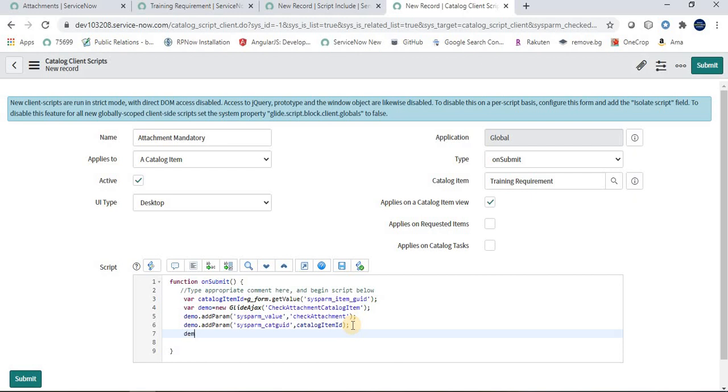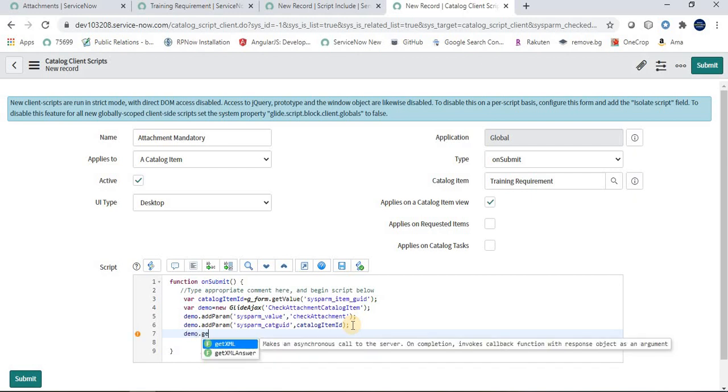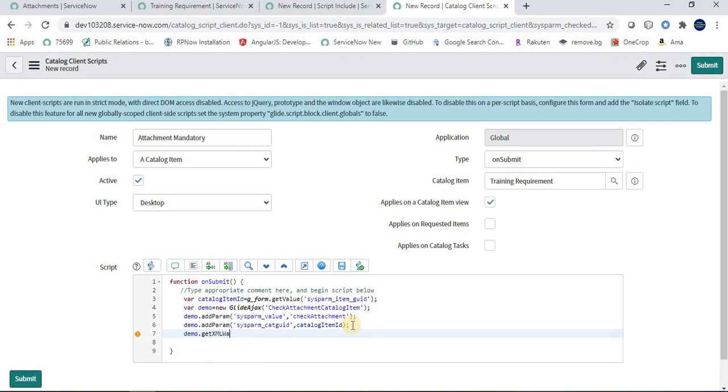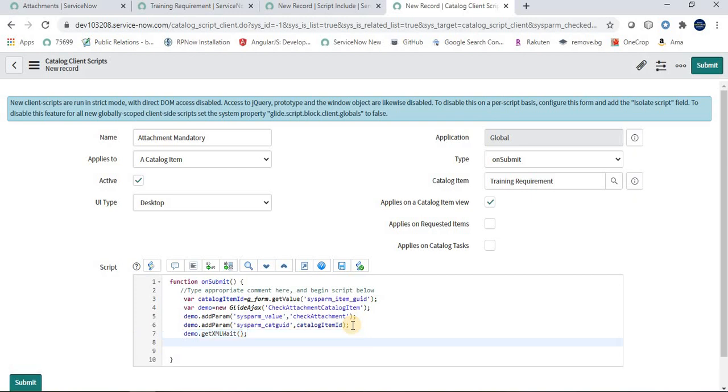Now I am saying demo.getXMLWait. So here I am doing a synchronous call, because I am writing this for on submit, so anyhow the system has to wait for the response, right? So I am saying where now attachment.